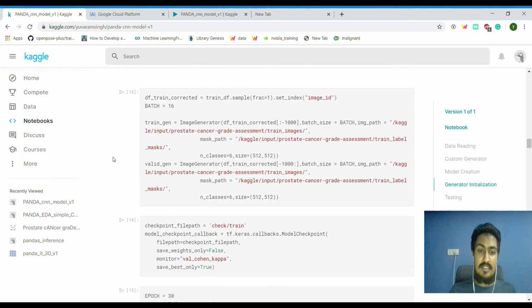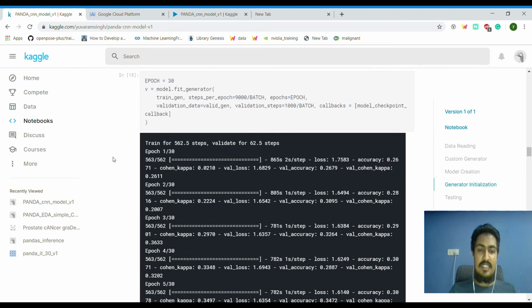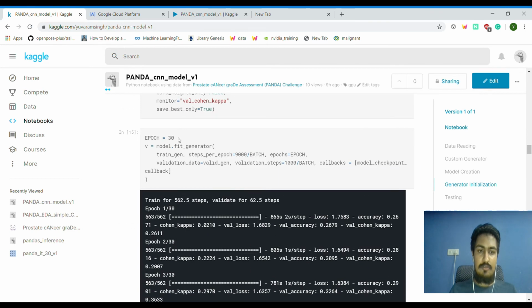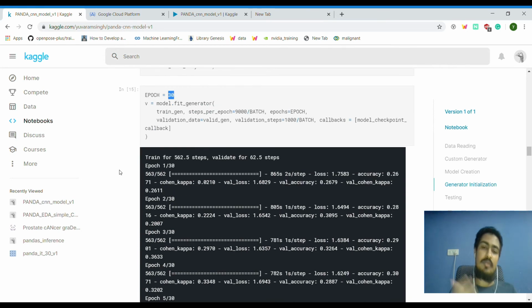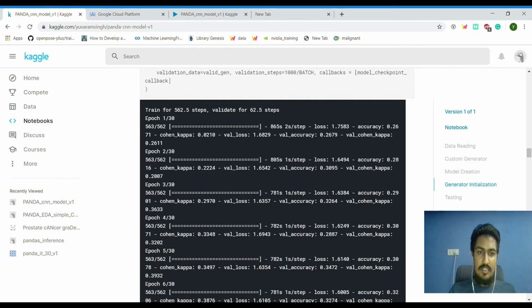So I will quickly go to the results we got. These are the training metrics we got. We ran for 30 epochs on the same BiT model based feature extractor, followed by prediction. Here you can see the outputs we are getting. Since we have used the TF Addons Cohen Kappa metrics calculator, this is giving us those values.